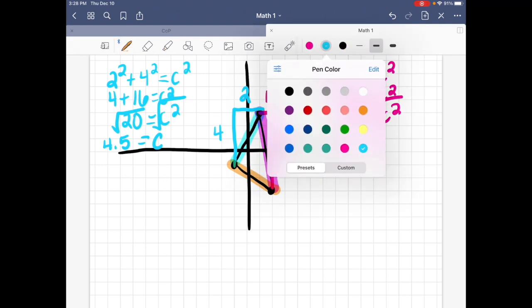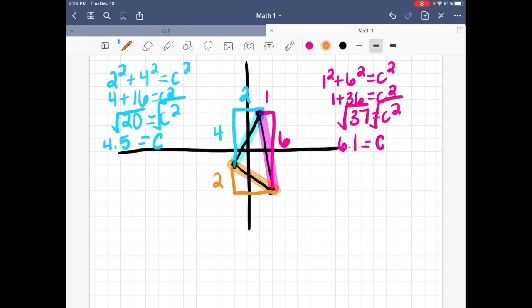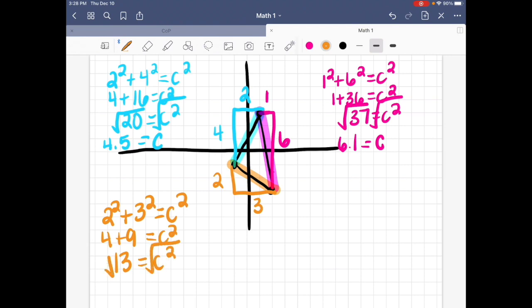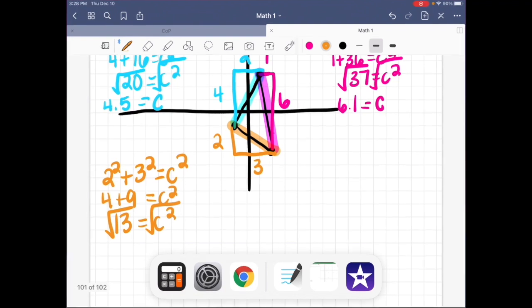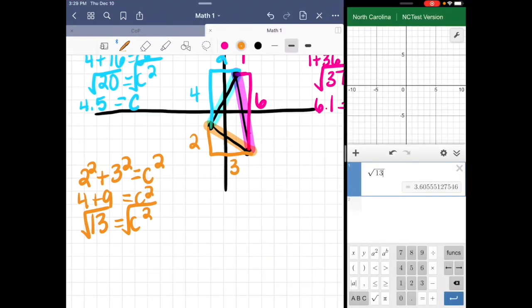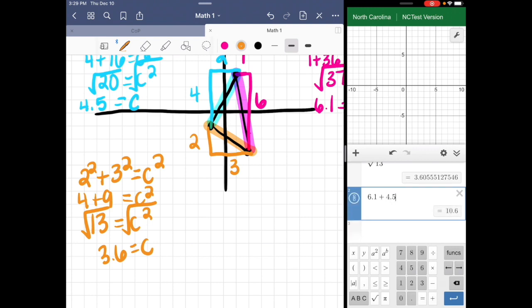All right, and finally, we have the third side. And we're going to make the right triangle for that one as well. All right, so we have 2 and 3. So we have 2 squared plus 3 squared equals c squared. So 4 plus 9 equals c squared. That's going to be 13. Take the square root. All right, so then the square root of 13, that's going to give me 3.6. So the perimeter, if we add up all of our pieces, so the first side we found was 6.1 plus 4.5 plus 3.6. So my perimeter